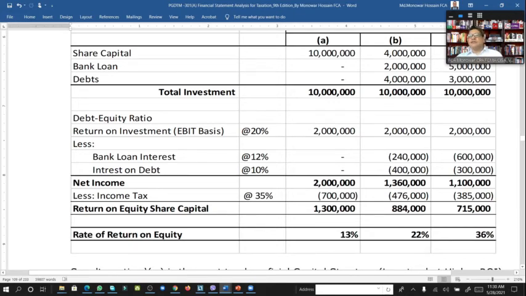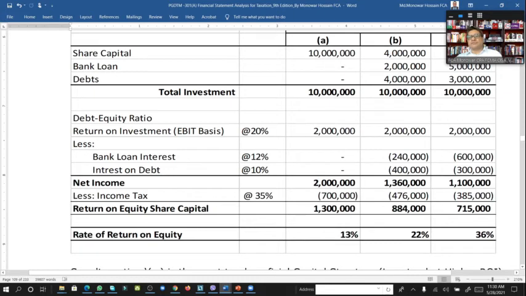So 9 lakh, if we minus from this 20 lakh, we get net income before tax of 11 lakh. And from this 11 lakh, if we pay tax of 35%, 3 lakh 85,000,